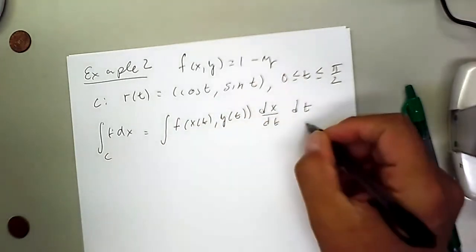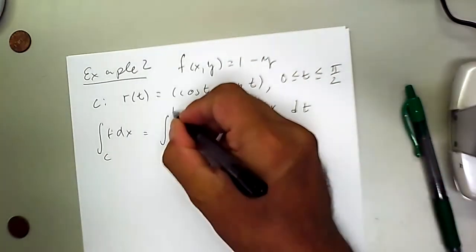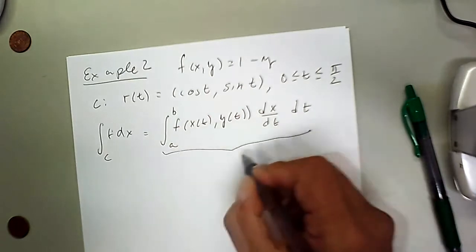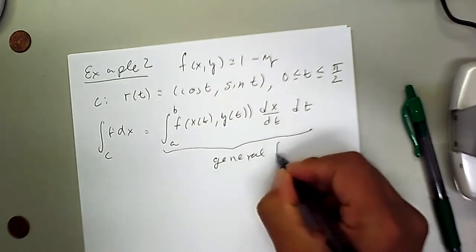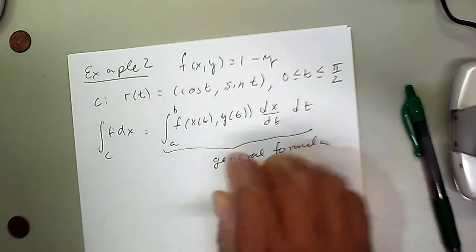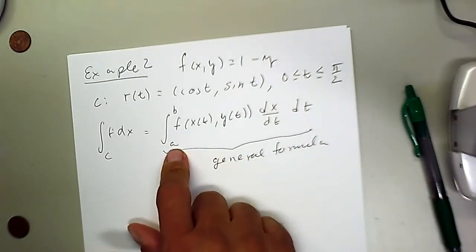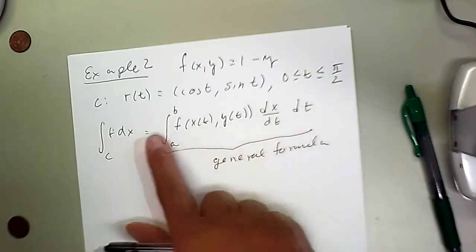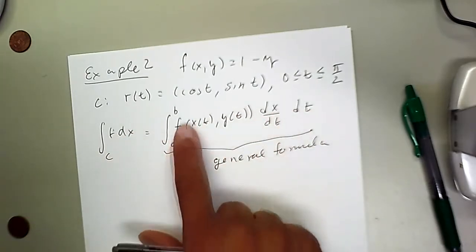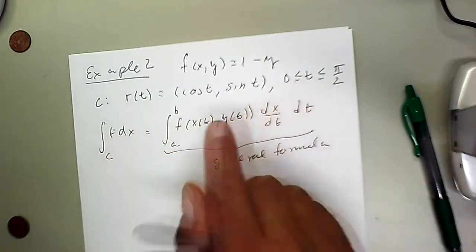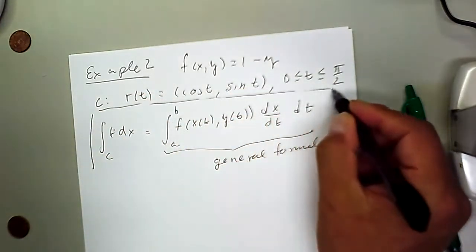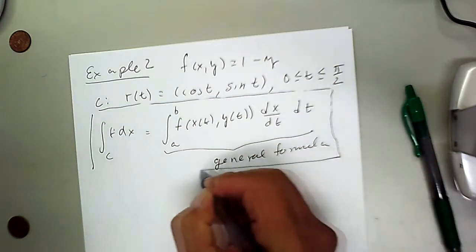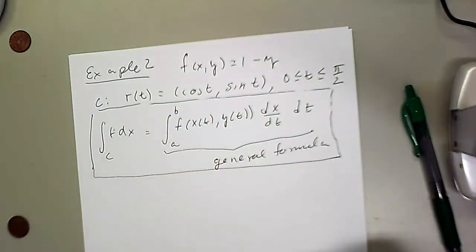So this is a generic formula from a to b, and this is the general formula. We wouldn't put a and b if you already know what to put in here. So this is just the general definition of the integral with respect to x, or